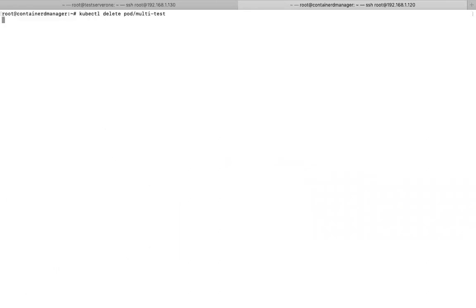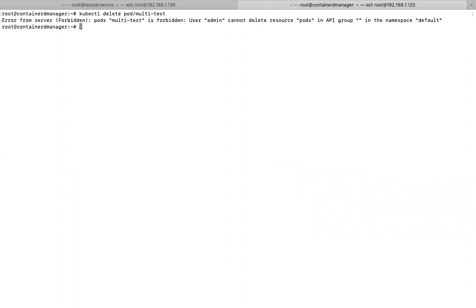Okay. As a user, though, you gave only a permission to create, not to delete. So now I want to give a delete permission as well. So what I have to do, again, I need to modify the policy. Now to modify the policy with this context, I cannot do it.